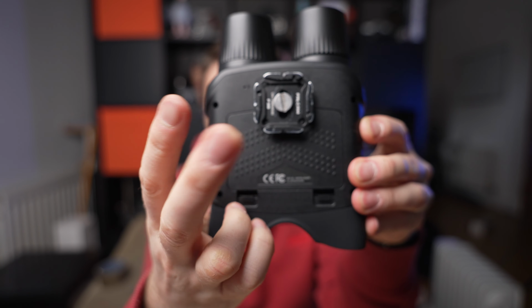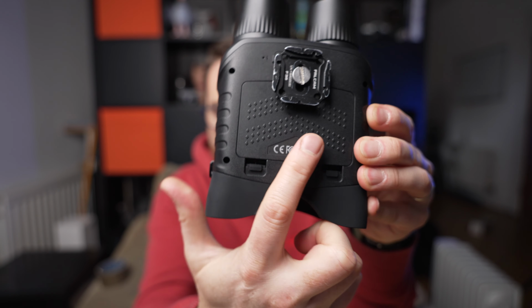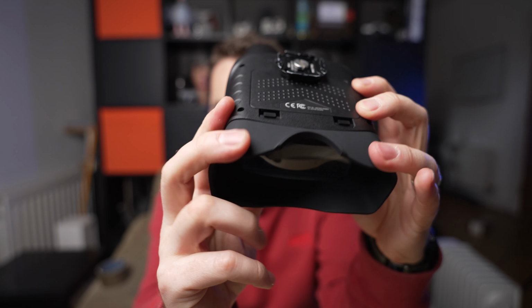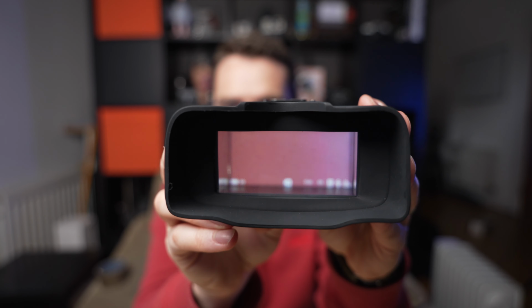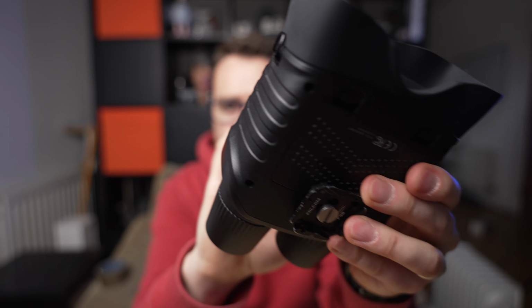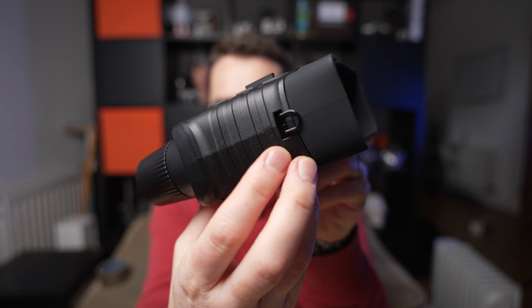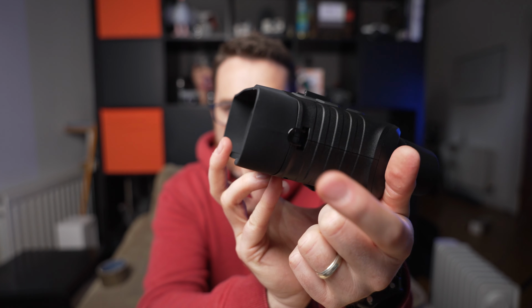Here is the base. You can see I've added a tripod plate on the bottom, and then there is the battery compartment, and then we've got the little shield on the front, and then we've got the screen. It's quite a simple design, and on the sides here we've got two little connectors for connecting a neck